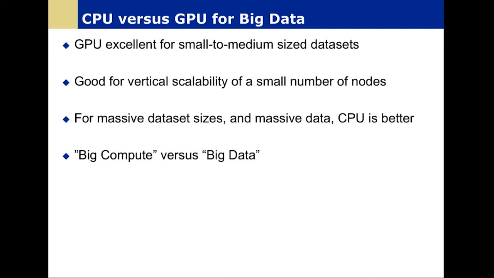So CPUs actually have a lot of advantages for big data. For one thing, our existing big data infrastructure mostly runs on CPU-based instances. So we can leverage all the CPU-based instances that we have. And since BigDL can run on those effectively, that gives us a really great advantage for that.